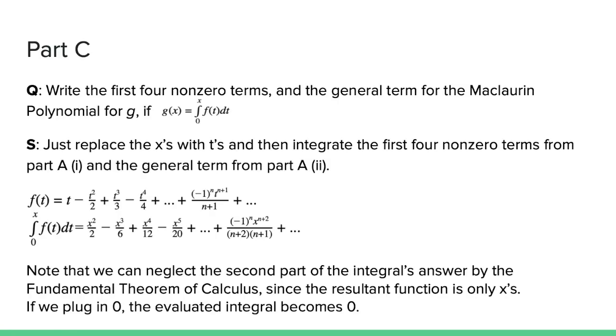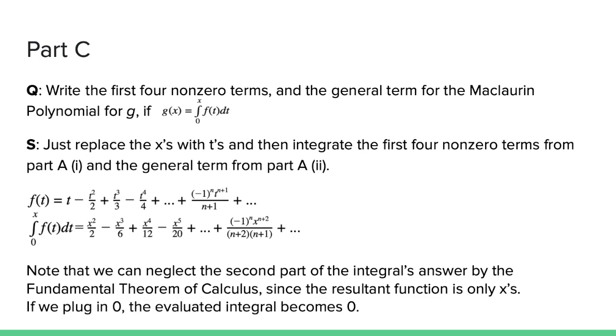In part C, we want to write the first four non-zero terms and the general term for the Maclaurin polynomial for g, if g of x equals the integral from 0 to x of f of t dt. We already found f of x in part A, so all we need to do is replace x with t to find f of t. Because we want the first four terms and the general term of the integral of f of t, we write out the first four terms of f of t, and then we write out the general term of f of t. We would integrate this from 0 to x, and we would get the solution,